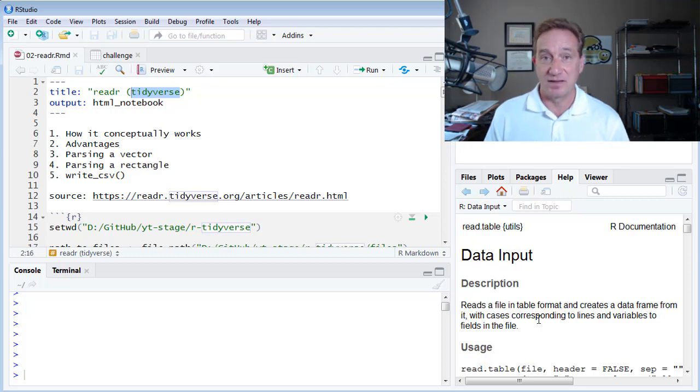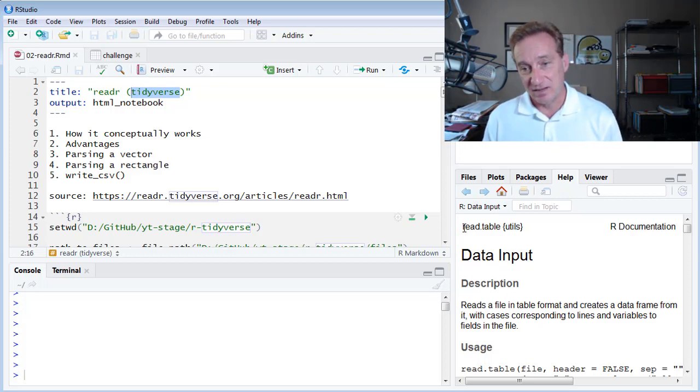Now, in a previous video, as part of the introduction to R, I've already looked at this function here called read.table, and I would just ask you to focus on the fact that it has a dot in it. That's the telltale sign that it's part of the base package. Read.table is part of the utils package, and the utils package is loaded automatically when we start R. So if you're just using a base R setup, like I am, base R with an RStudio IDE on top of it, to import files, then you're probably using read.table or